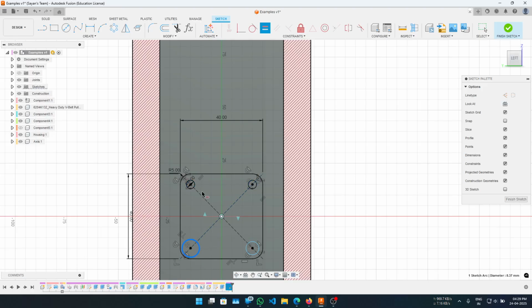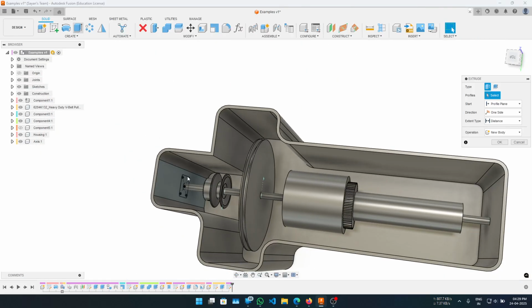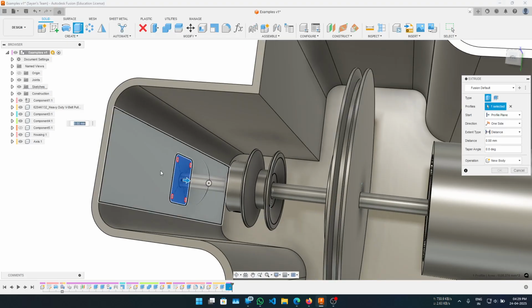Equal constraints just make them equal to each other, make all the holes equal to each other. Yeah. Then